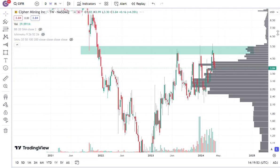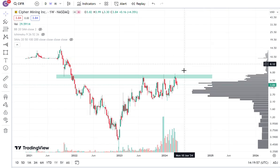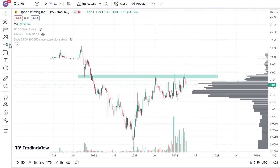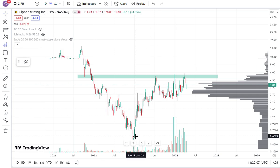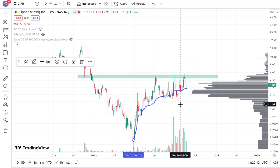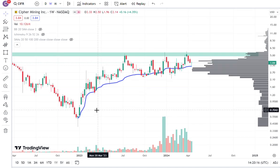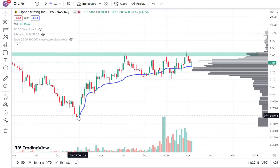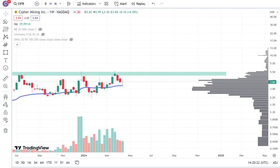If you look at one other thing that I've been starting to look at a lot more recently, there's also one thing that I think has been pretty favorable for CIFR as well, which is the anchored VWAP. This is the volume weighted average price. Basically it tells you, starting from which point, what the average price is for the average holder, right? And it looks like it just had a perfect bounce. If you do a VWAP from the all-time low down here, it looks like it just had a perfect bounce